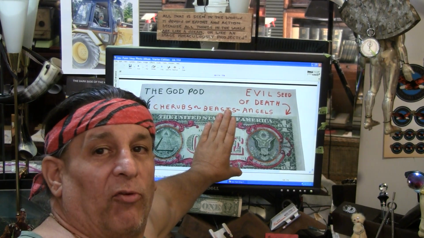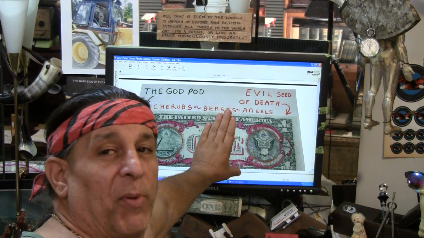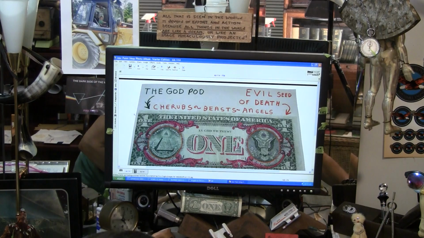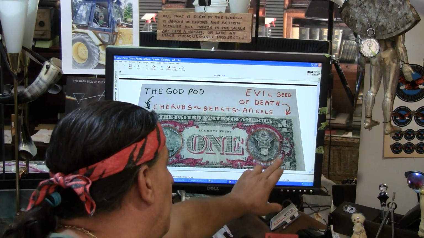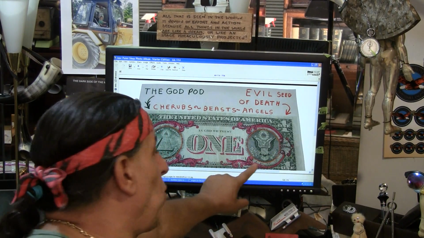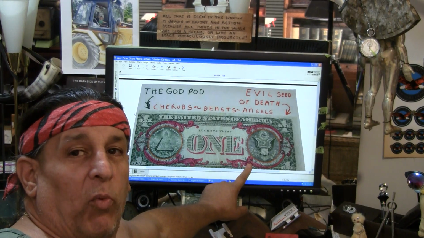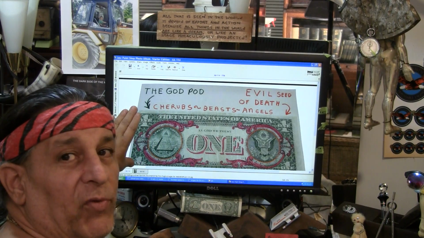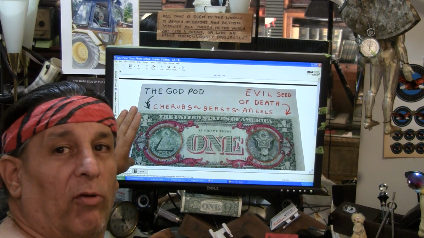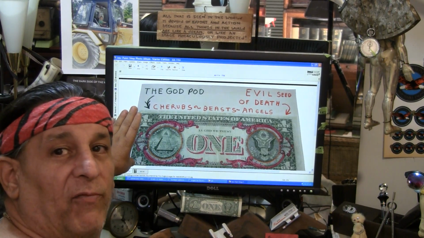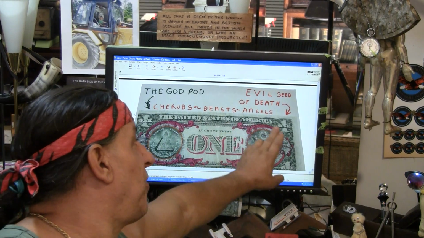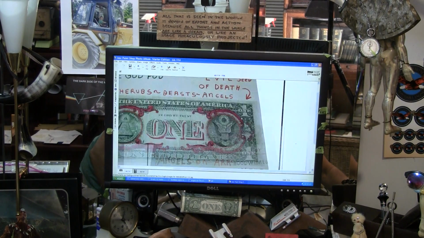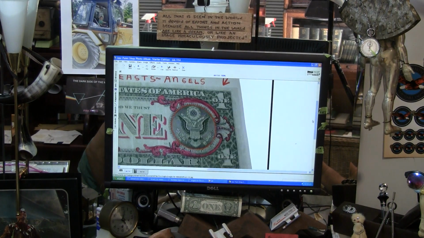And I have coined this terminology, the evil seed of death, because everything that you see inside this sphere on the right compass, inside the wings of the sixth-winged seraphim, upon the reverse of the $1 bill, which is also an exact replica of the Ark of the Covenant, everything you see inside this sphere that I'm going to enlarge right now, everything you see